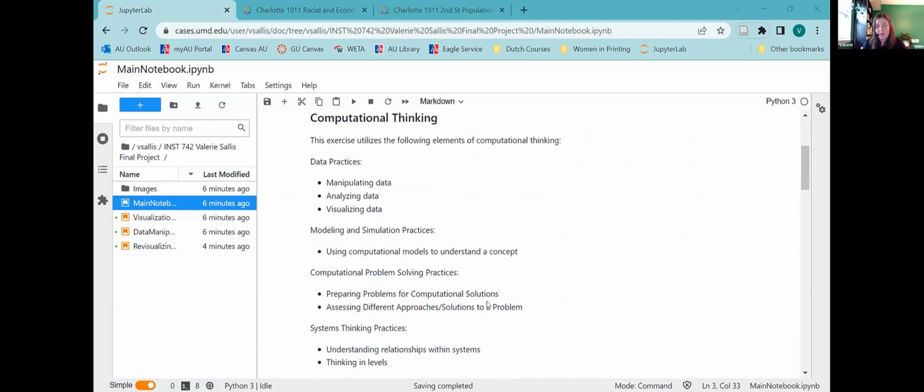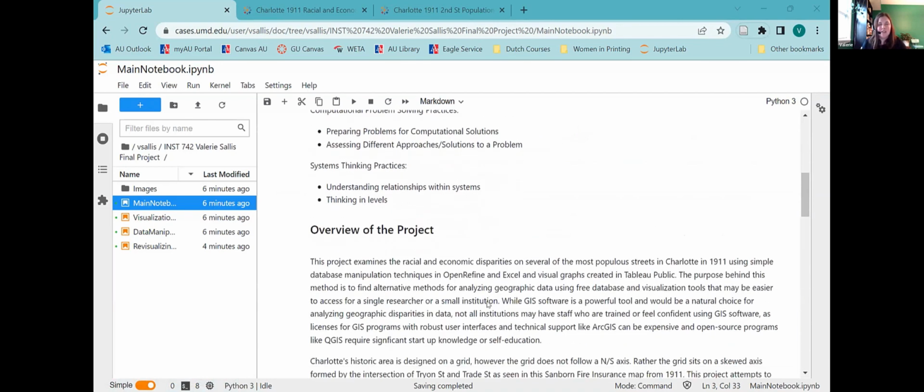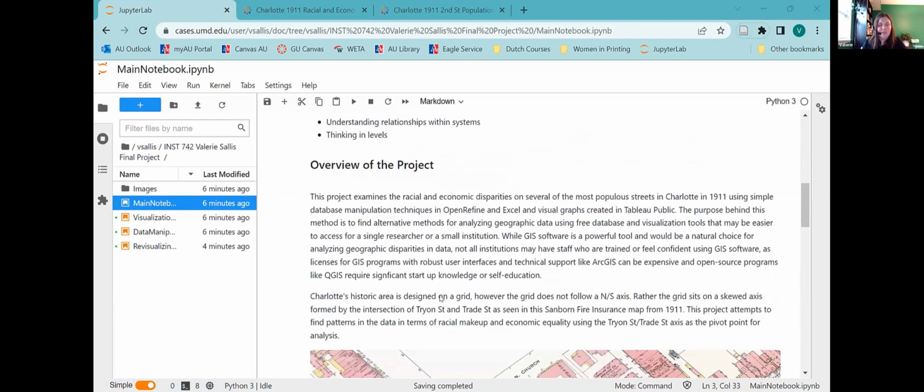solutions to a problem. And the reason for that is as we were going through this course, we got to use a lot of different tools, which is great. Some of them were more familiar than others. I found with my particular background that I was much more comfortable with tools like OpenRefine and things that resembled spreadsheets and databases. And I thought that was probably going to be the case for a lot of people in the library world. And so I wanted to look at a way to use the tools and skills that